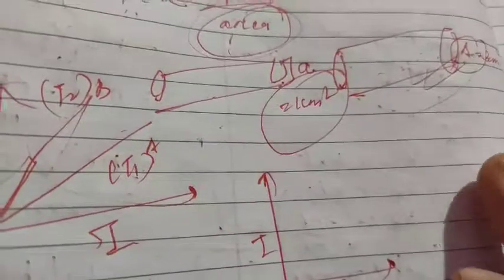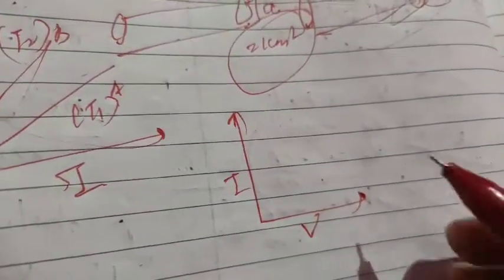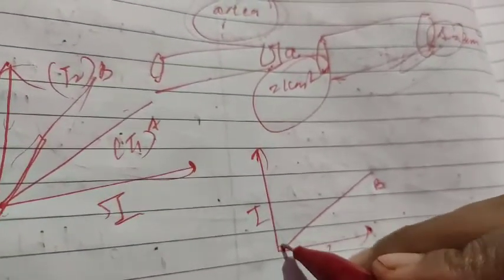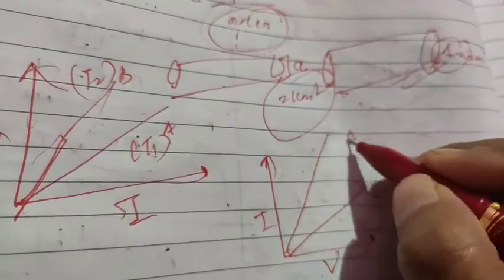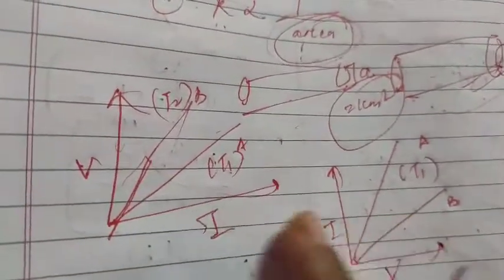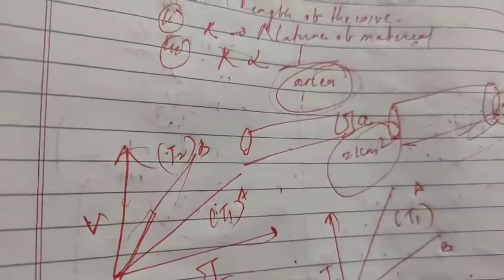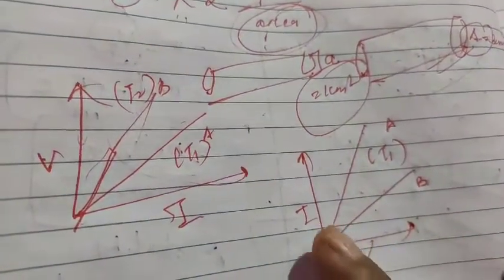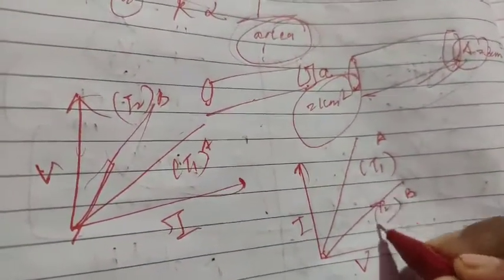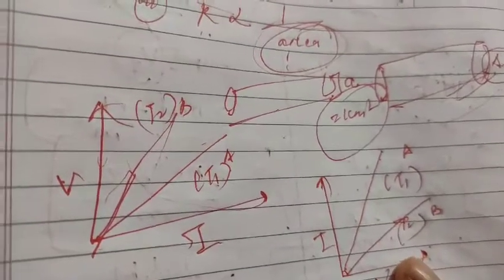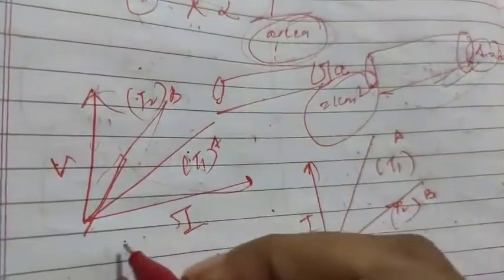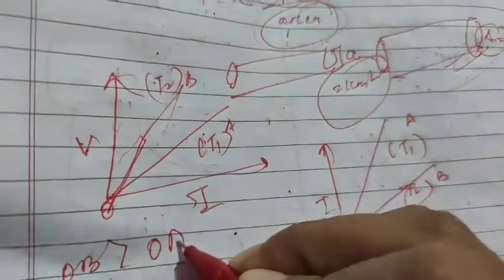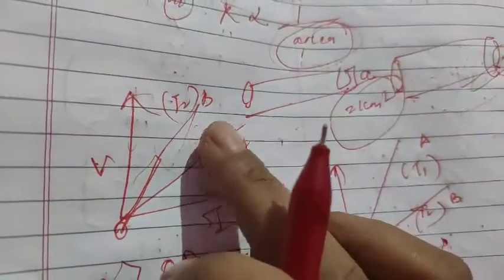Clear? Another I will show you, if it is I versus V. Now you check it out. This is the position of B and this is the position of A, T1. So are these two concepts the same? Please check it. When V versus I, T2 is at the upper part. If I versus V, T2 is at the lower part. What does it mean? It means if I name this slope, suppose OB, then student, OB is greater than OA. Meaning this slope has high resistance.